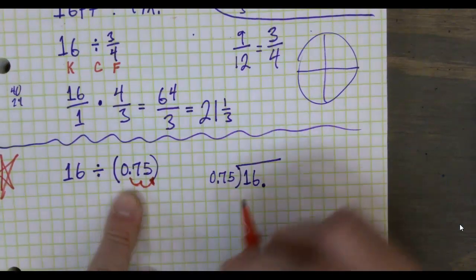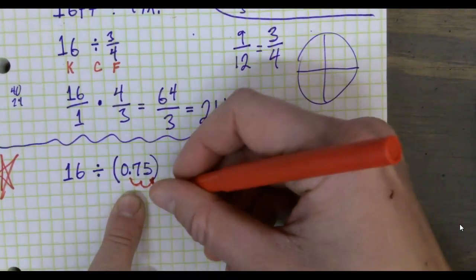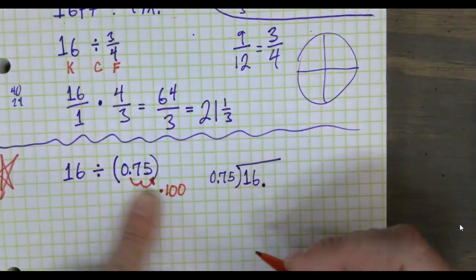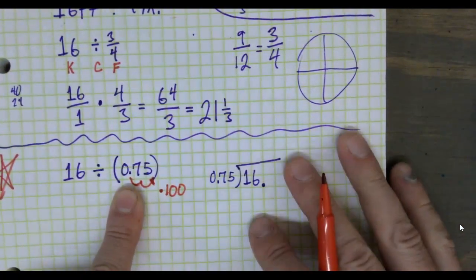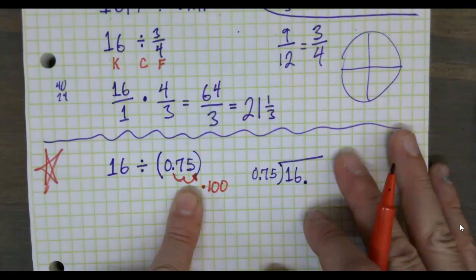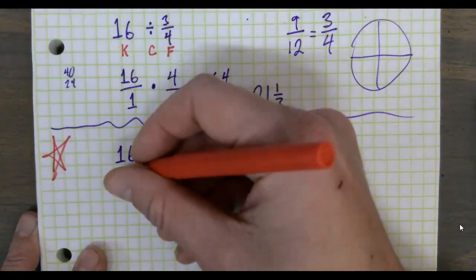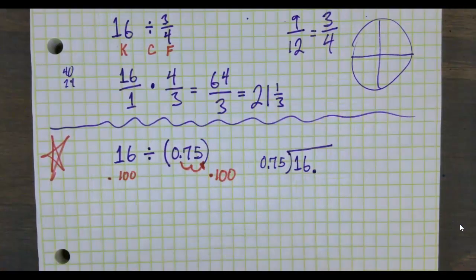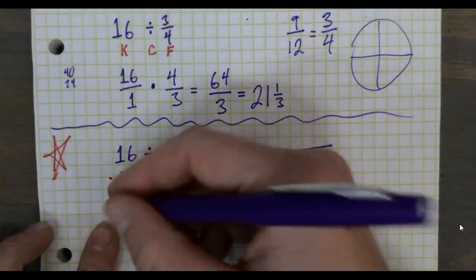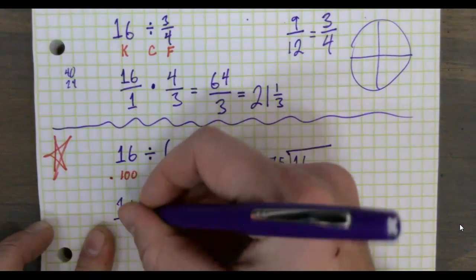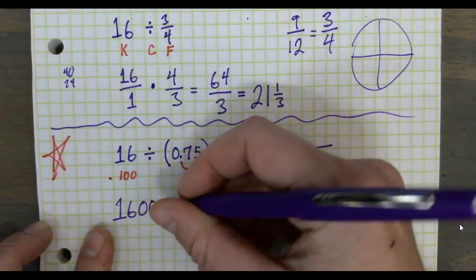So if I want to move this decimal 2 places, that is times 100. To move 2 decimal places, that's a times 100. So if I do it to the 0.75, we also do it to the 16. And we can now have 1600